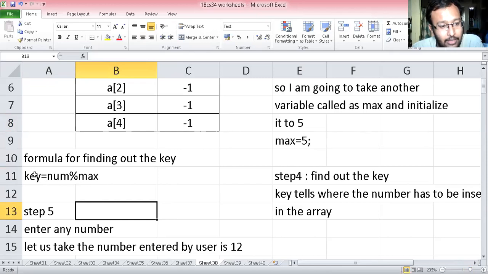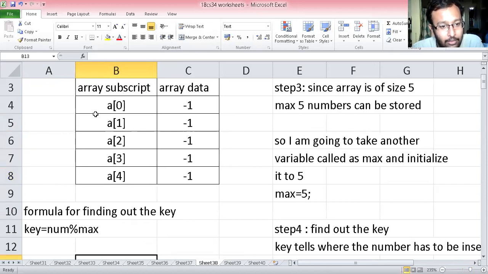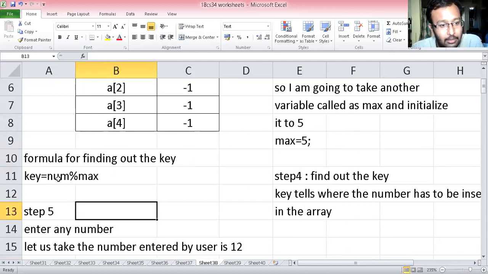First we have to find the key, and based on that key value we are going to insert the elements into this array. The number can be any number, whatever you give. For example, it can be 50, 100 or 1000. And mod of max. Max always remains the same, that is 5.